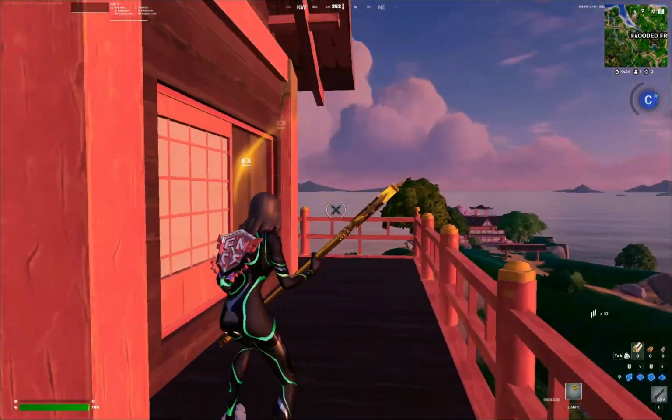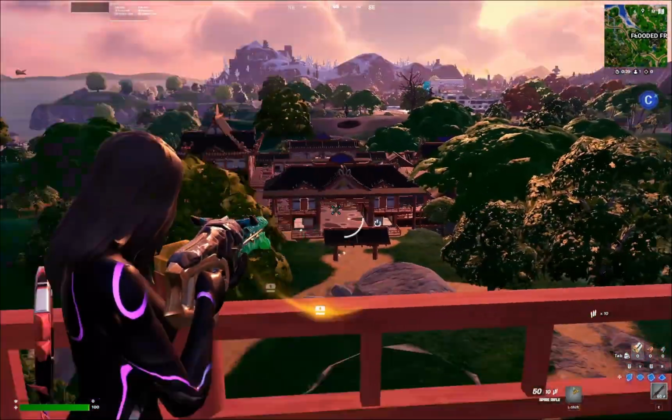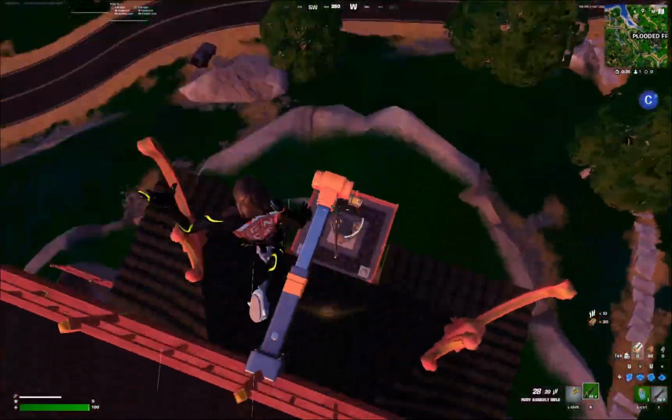So, for the number 5 spot, you are going to be landing right here. It is a spot right next to Flooded Frogs. It's kind of this, like, little watchtower right here. And what you're going to do is you're just going to loot this...